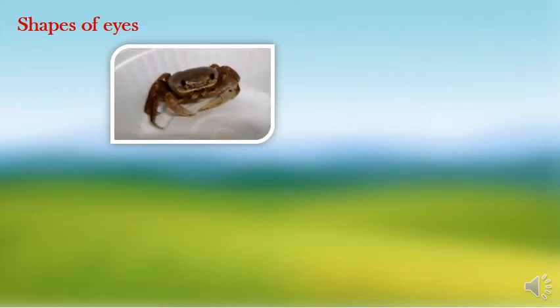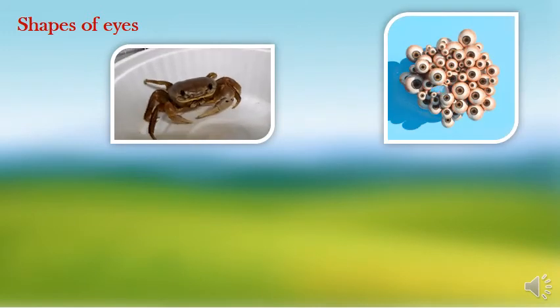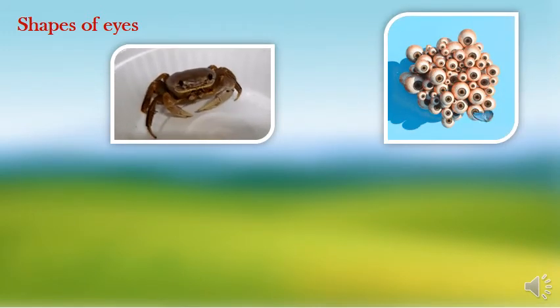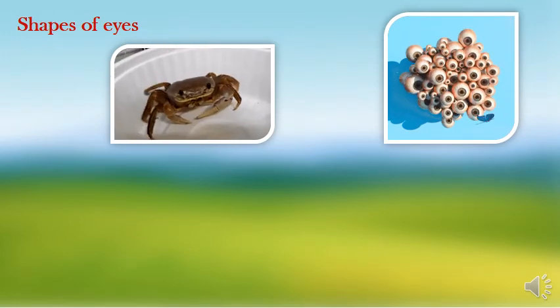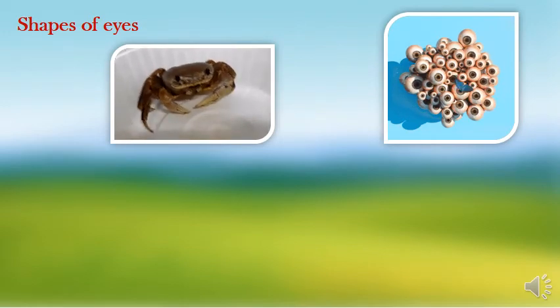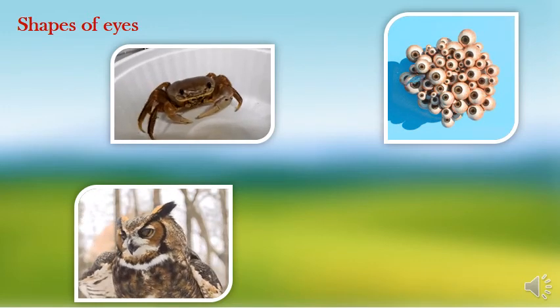Let us see the great wonder of nature, that is, shapes of eyes of animals is different. The eyes of a crab are quite small, but they enable the crab to look all around. So the crab can sense even if the enemy approaches from behind. Butterflies have large eyes that seem to be made up of thousands of little eyes. They can see not only in front and the sides but back as well. A night bird, owl, can see very well in the night but not during the day.